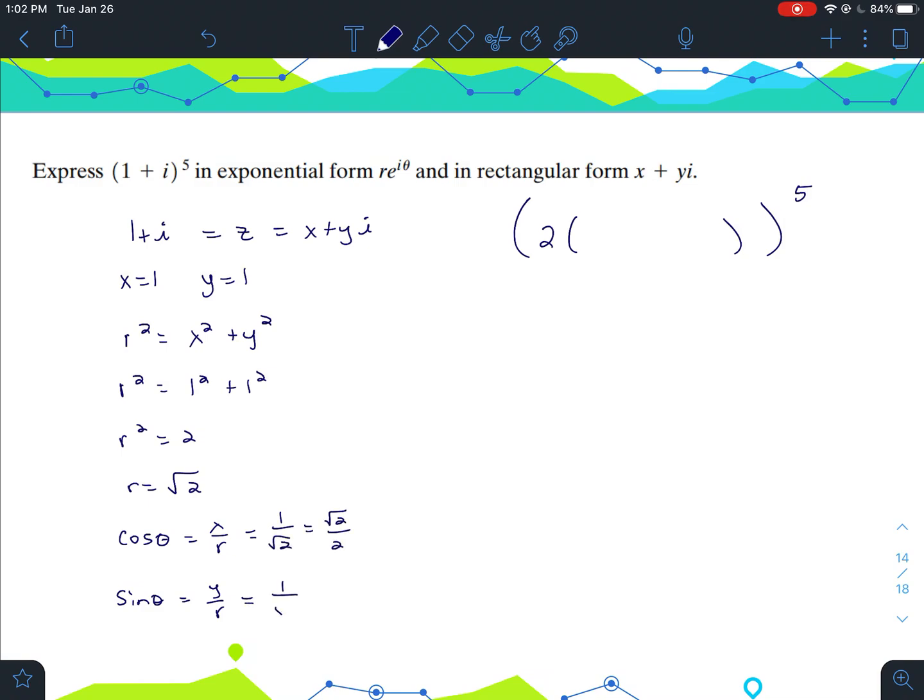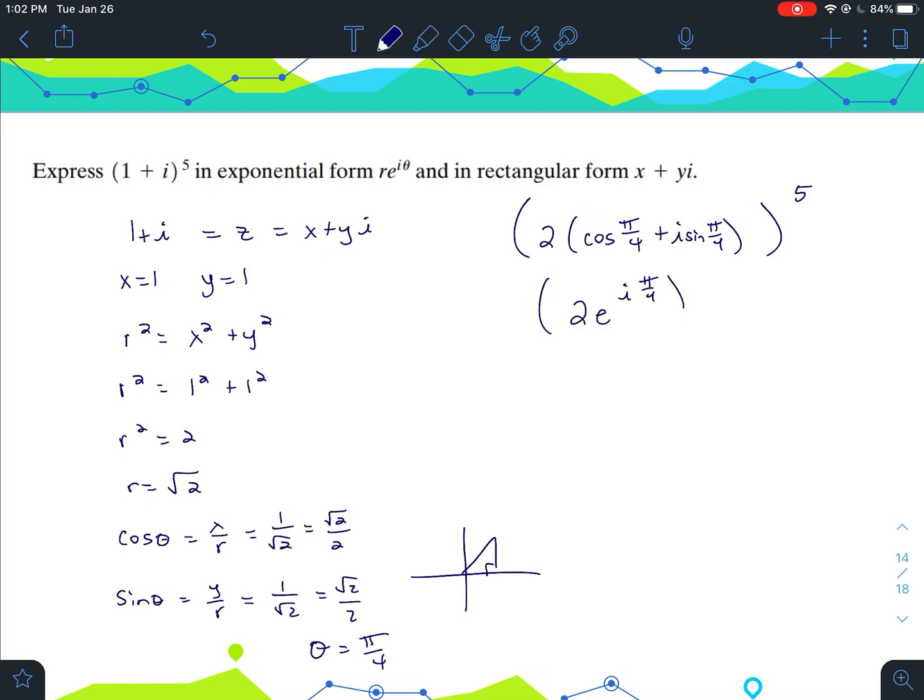And y over r is going to be 1 over root 2, which is root 2 over 2. So both cosine and sine are positive, so I'm in the first quadrant. And for sine and cosine both to be root 2 over 2, theta needs to be pi over 4. So my theta is pi over 4, so it's going to be cosine pi over 4 plus i sine pi over 4. And then that's all going to be to the fifth power, or in exponential form, it would be